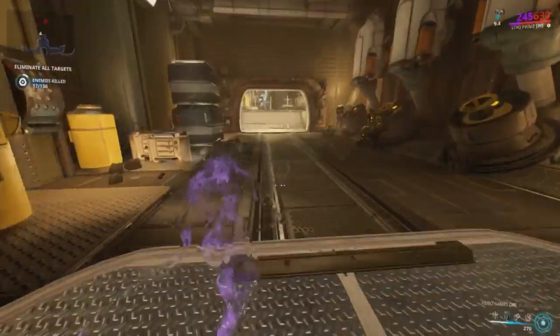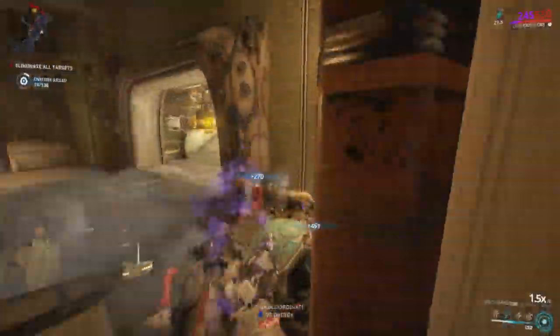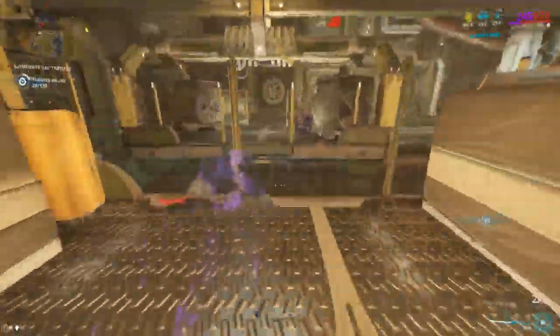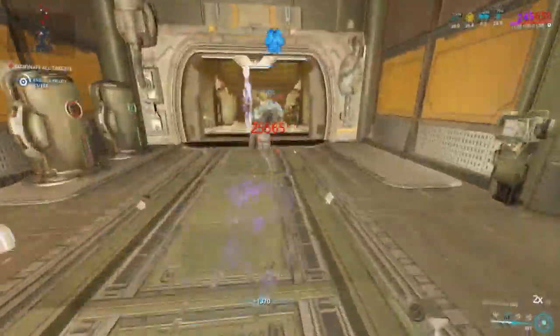I have some enemy radar. I know there's enemies on the other side of this wall. So if I walk in there with my invisibility about to run out, they're going to see me and the mission's going to fail. Okay, so make sure if you have enemy radar in your build, like you should for